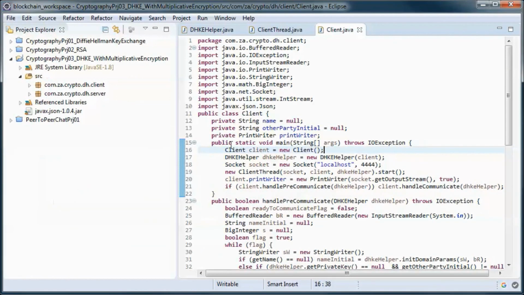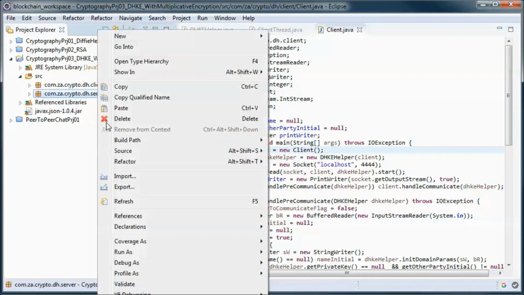And finally, let's go ahead and test run the application.